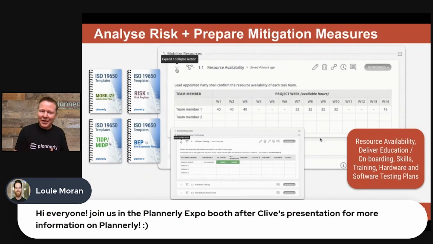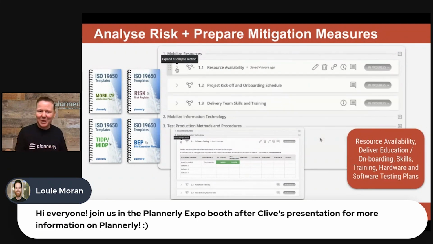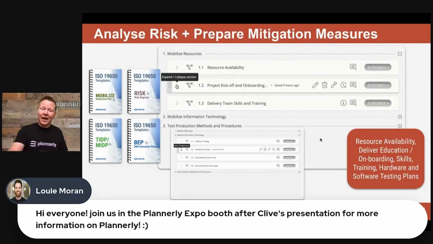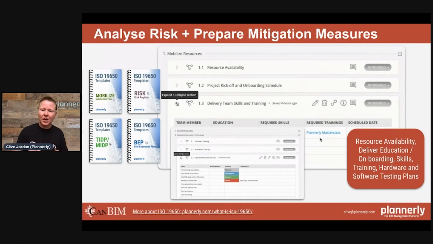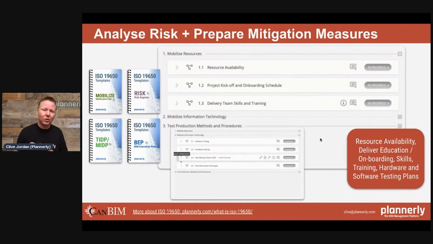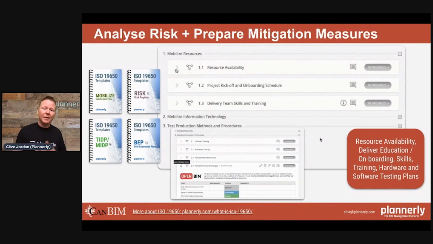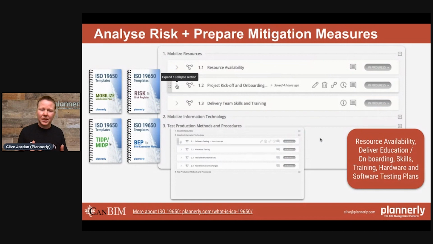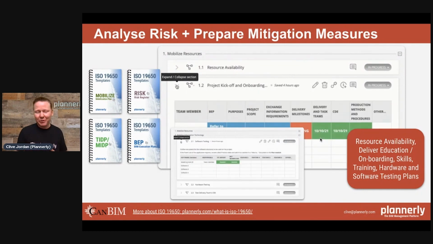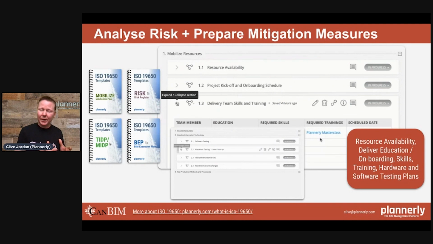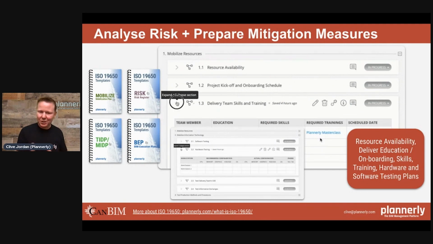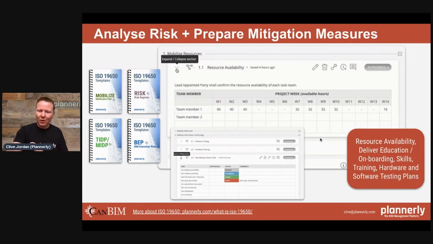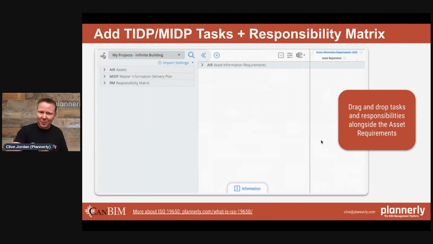So the first one was analyzing risk. If something can go wrong, it will go wrong. And when you plan for it and you plan early, understanding whether it's a gap in skills and knowing that you need some additional resources to support you, whether it's consulting, whether it's training, and then also with the mitigation. If you're setting up a CDE, a common data environment for all of your information to be managed, you need to be able to test it. You should have a testing plan, put in place hardware, software, etc., before you go on to build the project or start the project.